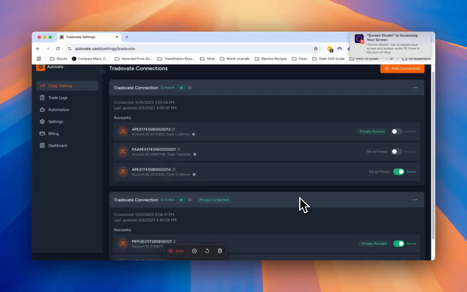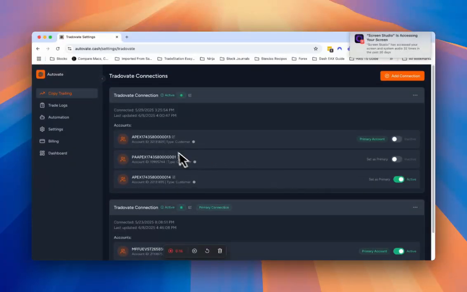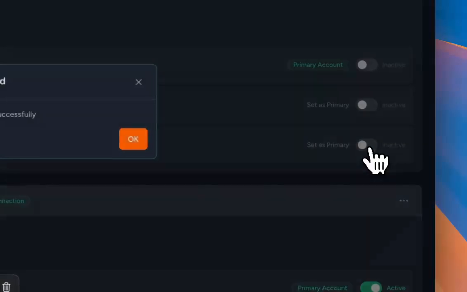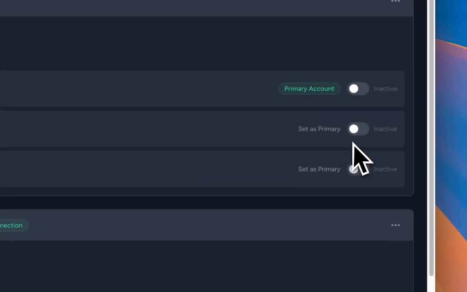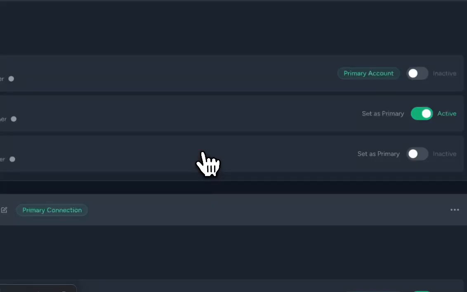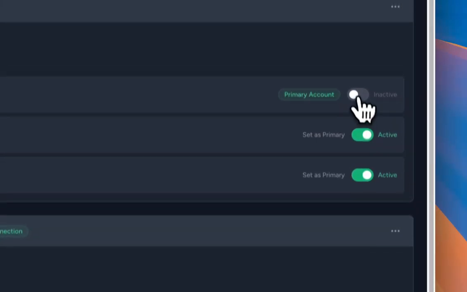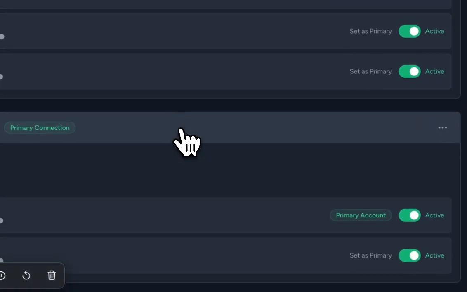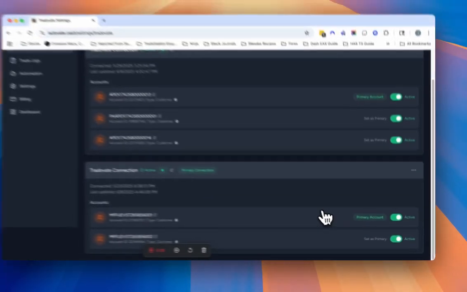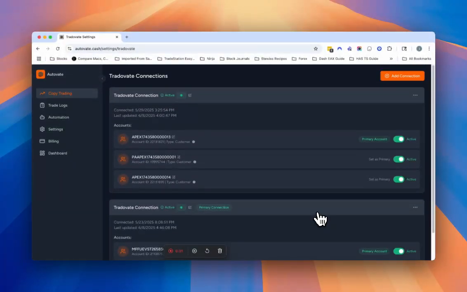I just wanted to share a quick update that was pushed out just recently. So now, here in the settings page, when you add your accounts, you can trigger the accounts whether to set them on or off, or set them active or inactive right here. So that's just a good way to have more granular control of your accounts that you just don't want to deal with. That way you don't have to worry about it